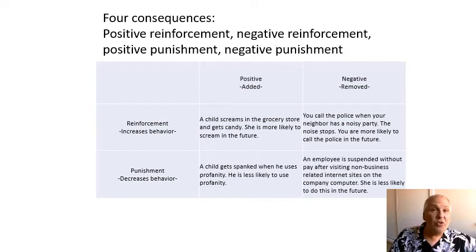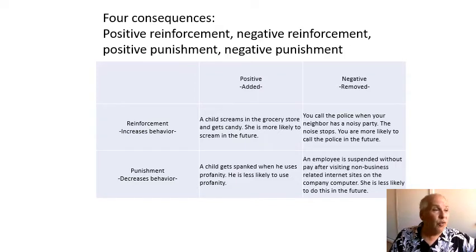Now, the way Skinner used these words, reinforcement and punishment, it's not necessarily the way we think about it. It's judged just by what happens to the behavior. So something that's reinforcing for one person, you may have a favorite food, and you'll work and increase certain behaviors if they result in getting that favorite food. For someone else, they might not like that food. It might not be reinforcing. And the same thing with punishment. Punishment is not necessarily what we conventionally think of as punishment. Punishment is anything that decreases the frequency of a behavior.